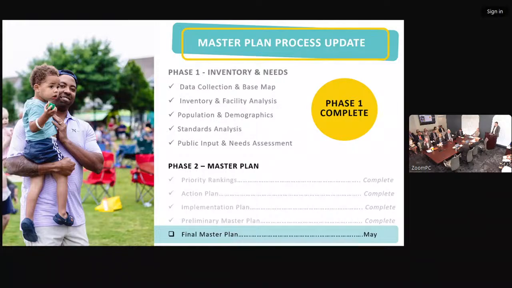So after really getting a point in time of what we have, we start to engage, looking at who this is serving. In terms of the population and demographics analysis, that's another recommendation from grant funded applications, but also within any of the other recommendations or recognitions within the park industry. So we want to understand what the current population is, what the demographics are, and who this park system is serving. We also look at standards throughout the system and how it compares to other communities of like size.